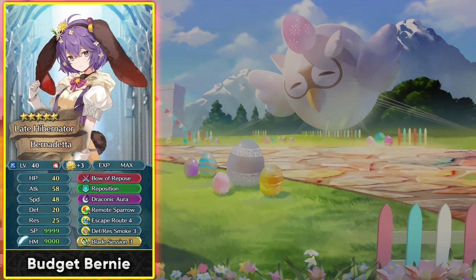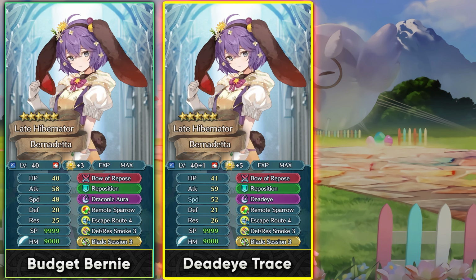She can function with that Escape Route 4, and because she can get the Canto 1, even after teleporting, she's going to be able to retreat with that Canto 1. So you can just run Reposition and Blade Session, and of course, if you want to spend a premium fodder on her, then Deadeye is going to be the best option because she does have -1 special cooldown,